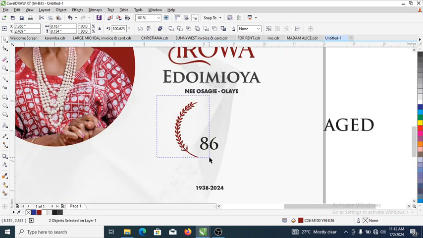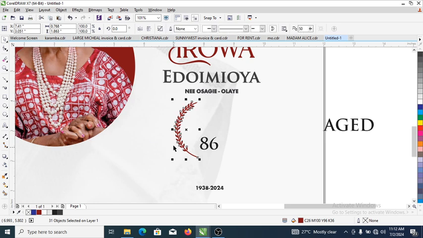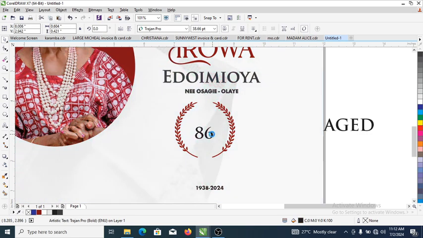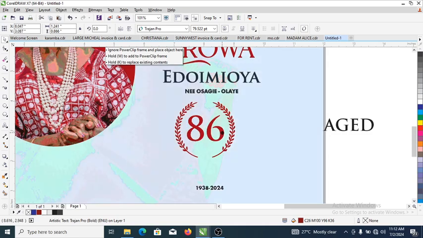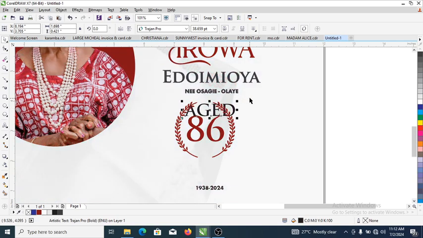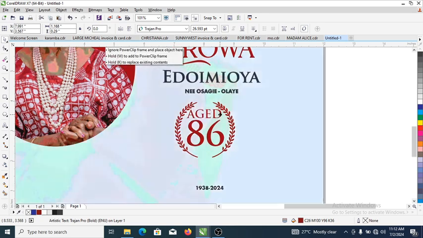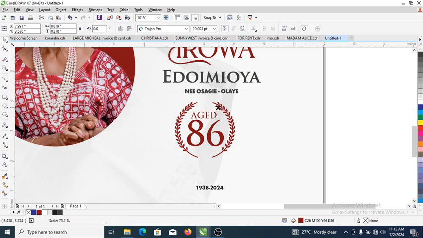All you need to do is select the whole thing, group it all up, then make a copy, flip it to the other side. When you get to the other side, right click, automatically copy paste, then you adjust just like so. All you need to do is to make this edge a bit bigger, then change it to wine. So all we're gonna do is to just position this as well, apply color to that, then position this downward just like so. Good. Reduce that, then position